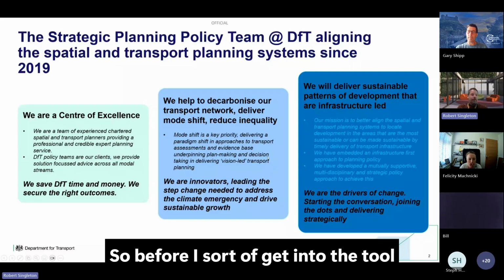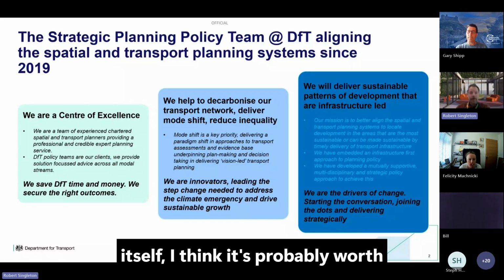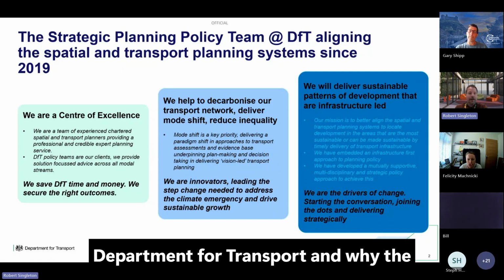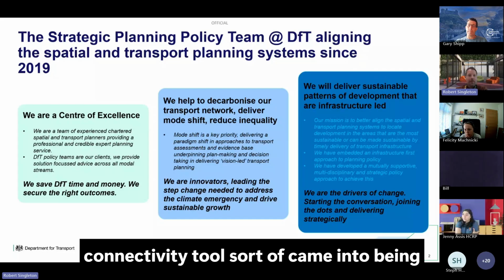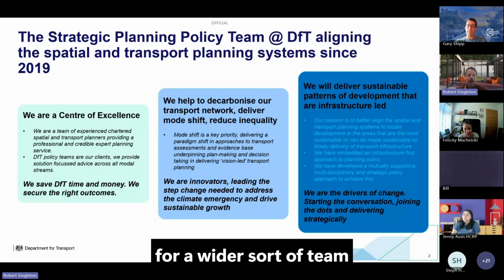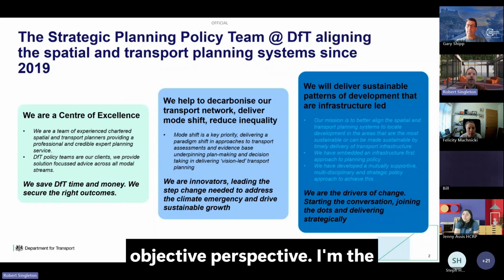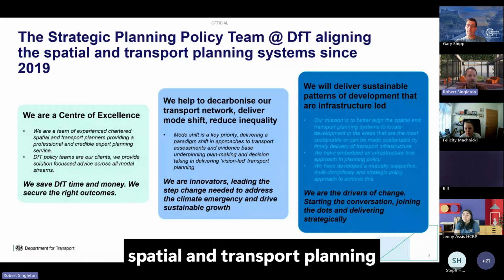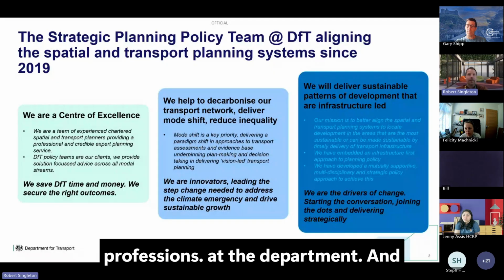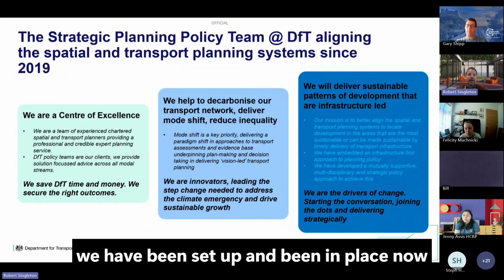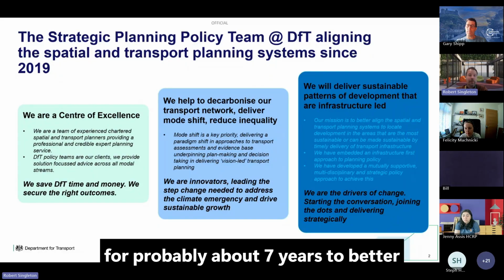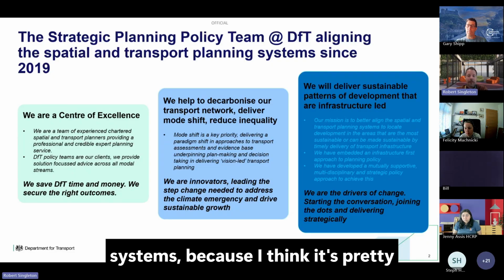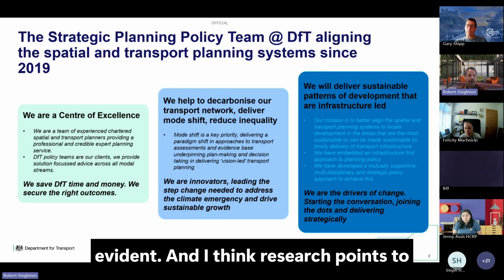So before I get into the tool itself, I think it's probably worth saying what my team does at the Department for Transport and why the connectivity tool came into being from a wider team objective perspective. I'm the head of planning at the Department for Transport. I'm also the head of the spatial and transport planning professions at the department. And we have been set up and in place now for about 7 years to better align the spatial and transport planning systems, because I think it's pretty evident, and research points to the fact that